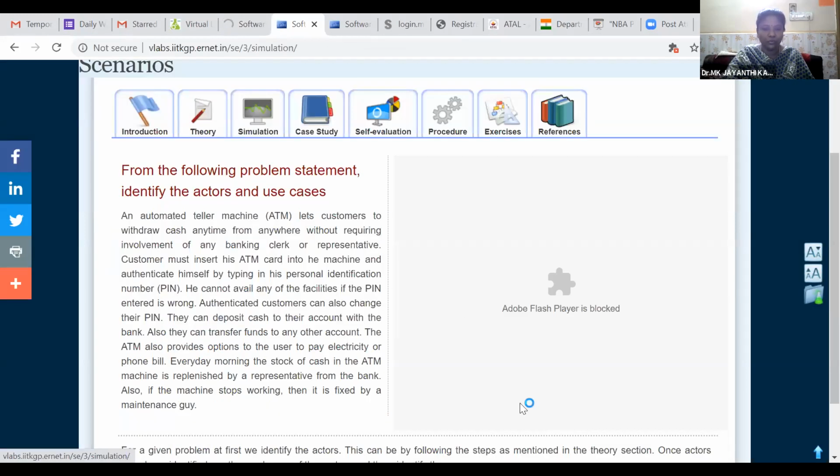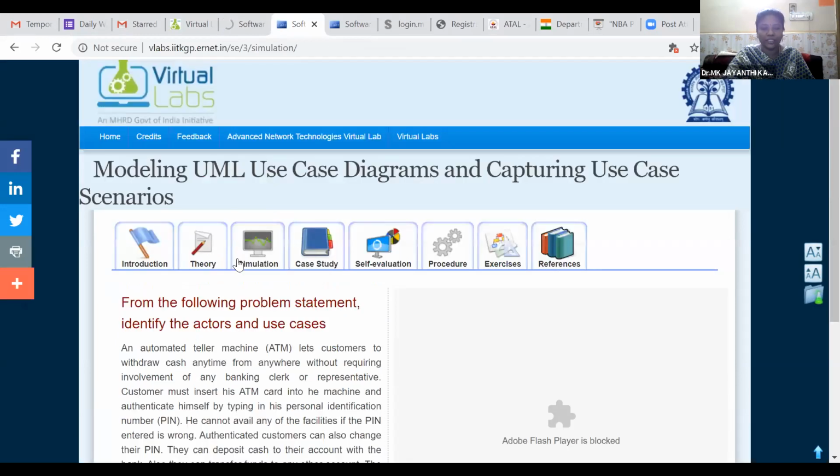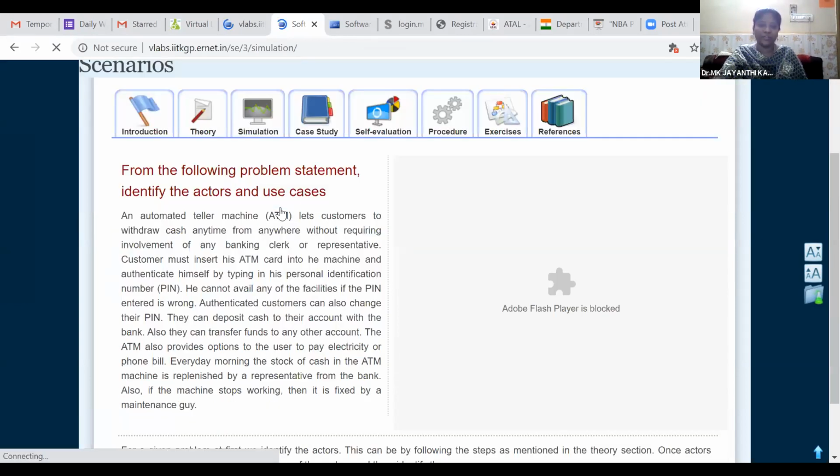Here itself we have the introduction part, theory, simulated version, case study, self-evaluation, procedure, exercise, references. If you go to the simulated version, that will display the various simulated versions of class diagrams, activity diagrams and other diagrams, how they function from the simulated module.